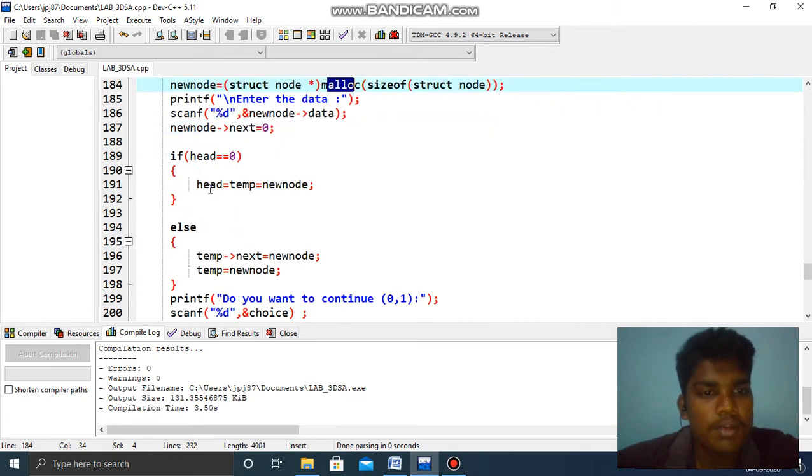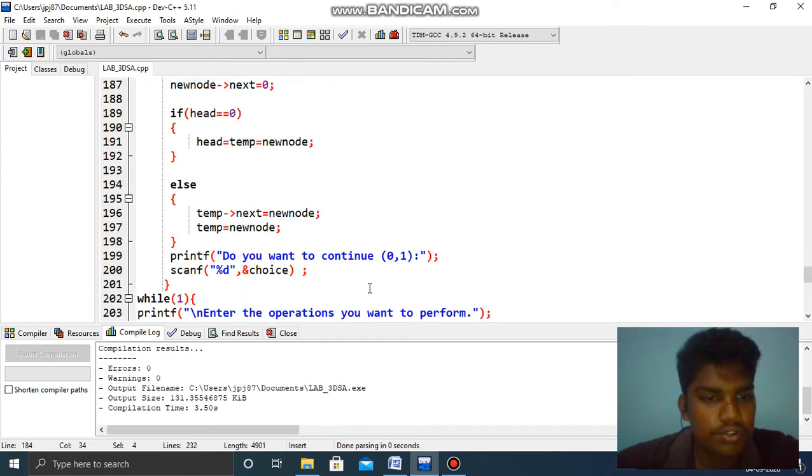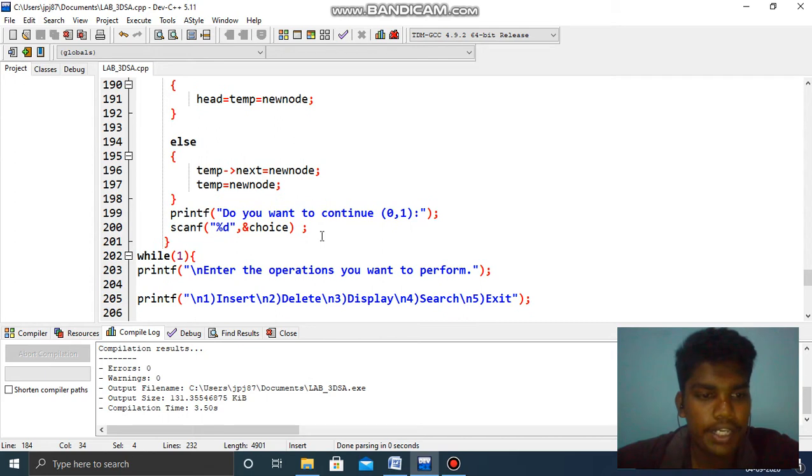If head double equal to 0, it means it doesn't contain anything, so head equal to the new node, which is scanned from the user, so it will be stored. Else temp equal to new node. If you want to continue, you give 1, otherwise 0. If you want to continue, again the same process will happen.